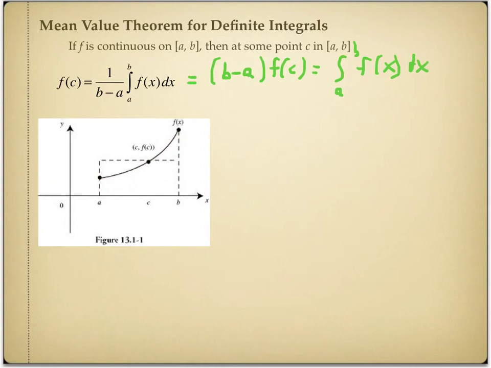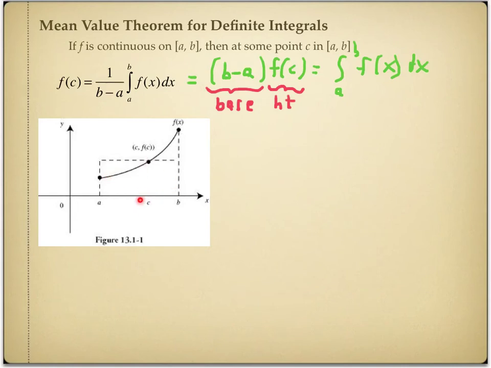Now notice when I multiply both sides by this b minus a, in a sense here this becomes the width, or the base, I'm going to call it, of a rectangle, and f of c, of course, that's like your y value, so that would be your height. So if we look at it in here, what this theorem is saying is, yeah, this actual area here of the integral is going to be the same as the area of some rectangle here. Notice here's my b minus a, here's that f of c, so base times height, the area of that rectangle,